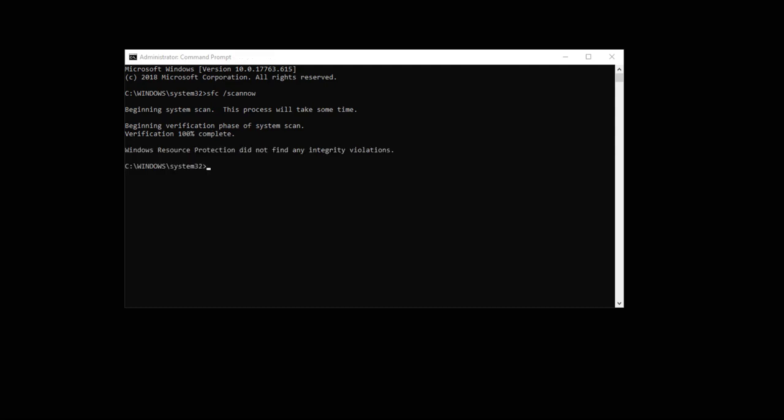Hi guys, welcome back. So as you can see on screen, it actually scanned through the system files and it actually did not find any integrity violations. Even though it's actually completed the process correctly, I will show you another command you can use if System File Checker does fail. So the command that you need to be typing in is DISM